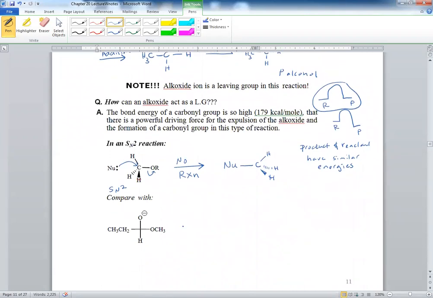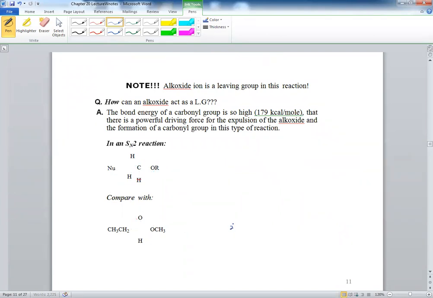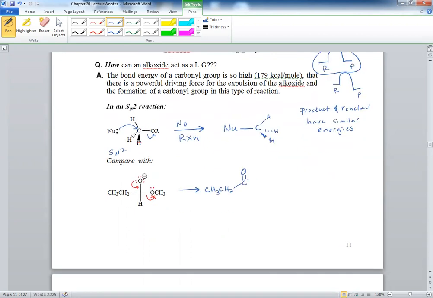However, when it comes to this, the alkoxide, there's a good reason for it to leave, because if we draw the electrons here, and these electrons come down, the alkoxide would leave. You would form an aldehyde. And the reason why this happens is because this is an aldehyde